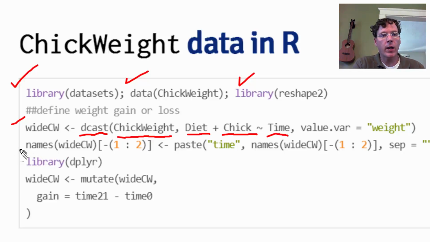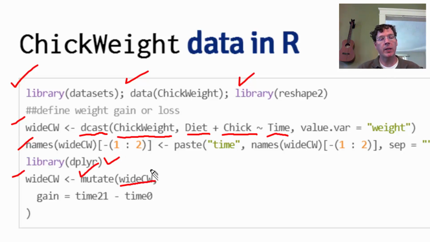So, and then I didn't like the names that it was giving it, so I renamed the latter couple of columns. Then I wanted to create a specific variable that is simply total weight gain from time 0. So I use the package dplyr, which then I take my data frame and I do the command mutate, and I want to